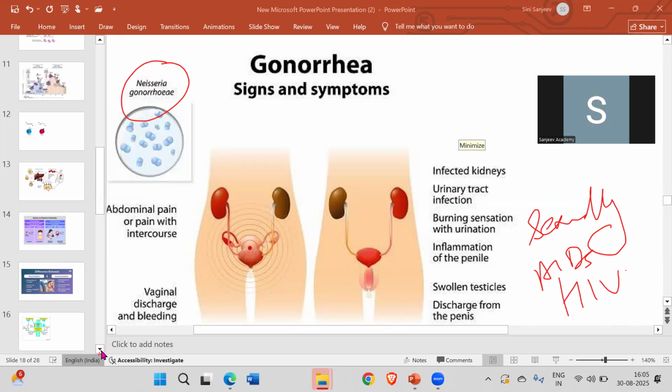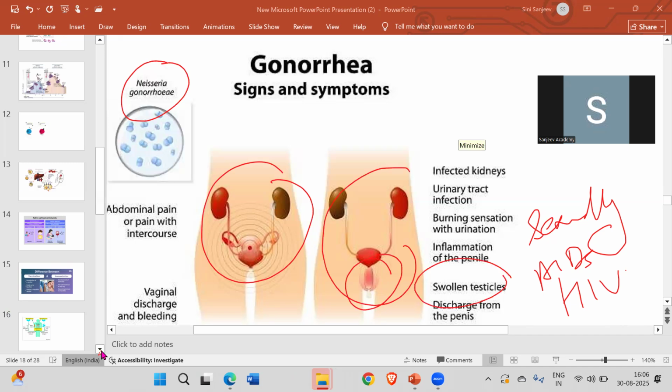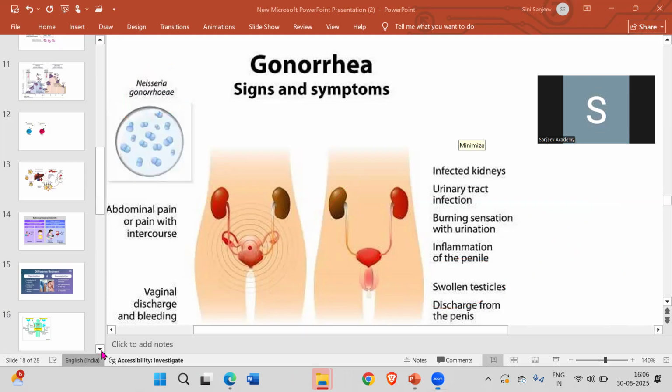You can see now here this structure and this structure here, the infection is there. So swollen testicles and all those stuff. Then this is the first one. Next which you have is the,